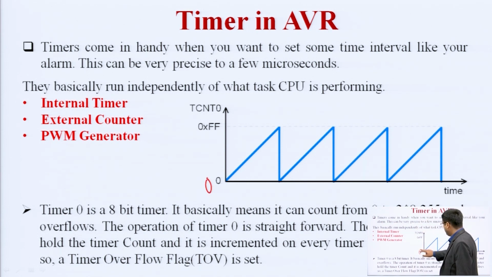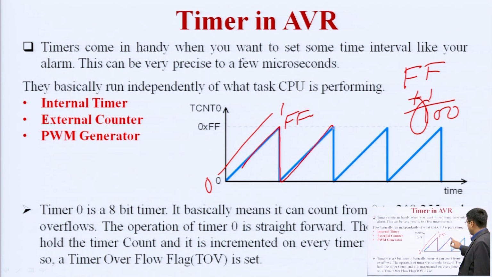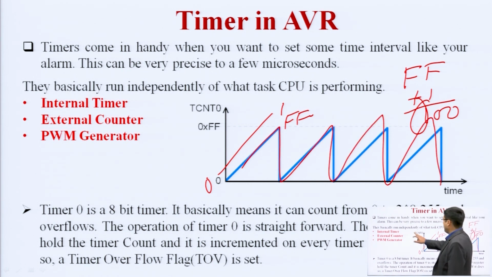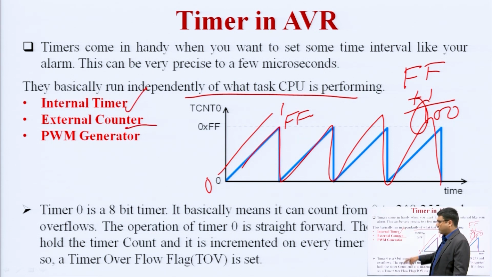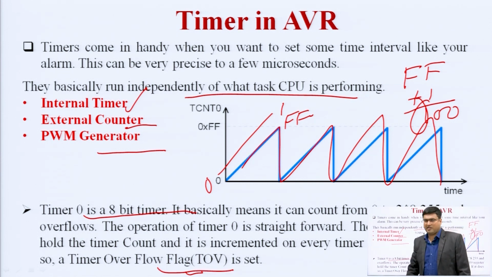So this is the timer in AVR. It starts from 0 and goes to its maximum value. What is the maximum value? FF. When it exceeds its maximum value, for example FF plus 1, it becomes 100, where 1 is the extra carry. So when it exceeds its value, there is an overflow in the system. When it goes past the maximum value, it will come back to 0 and continue working. The waveform is generated like this. Basically the CPU uses the timer to count internal events, the counter counts external events, and it works as a PWM generator. So when we need to generate a time delay, we need to use the timers. The overflow flag gives an indication of the overflow when it goes past the maximum value.